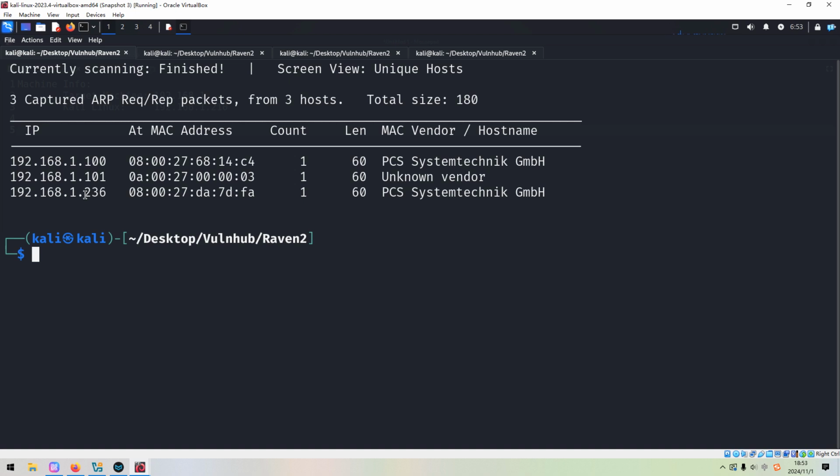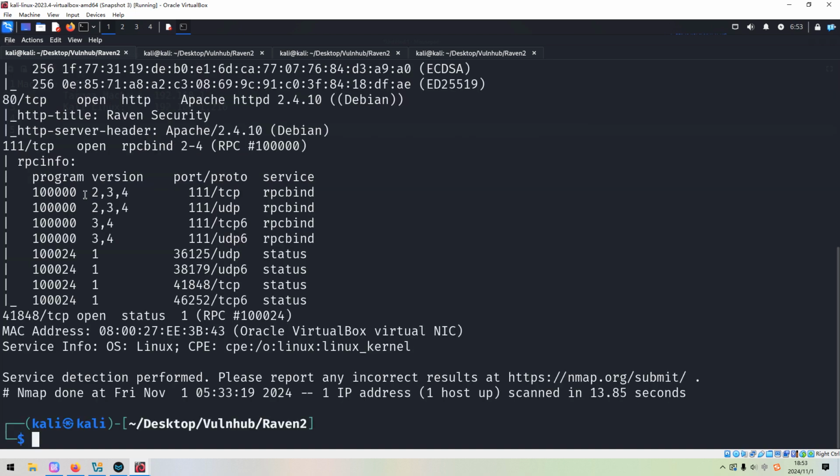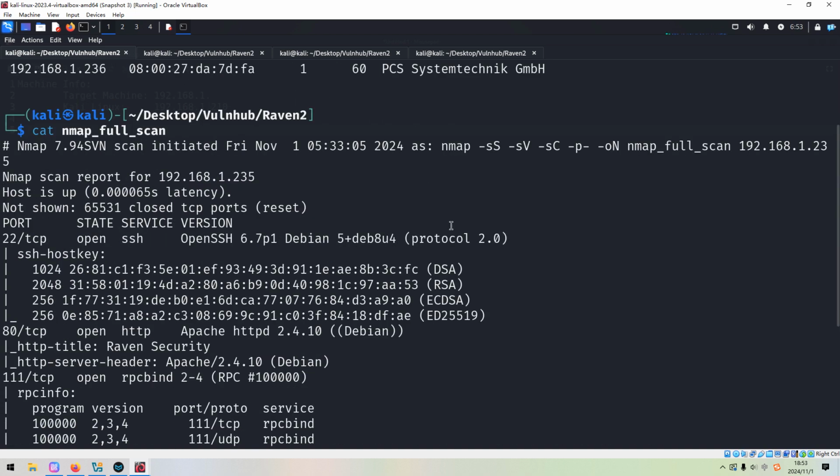So what do we have to do next? We need to do port and service scanning with Nmap. To save time in this video, I've already completed it before, so for now we just get out its result. As you can see over here, I used the options like SYN scan, the version scan, the default script scan, followed by -p- to do the full range port scan. The last option is -oN to output the result into this file. Of course, the IP address has been changed, which doesn't matter.